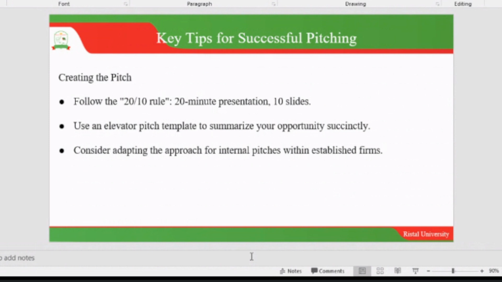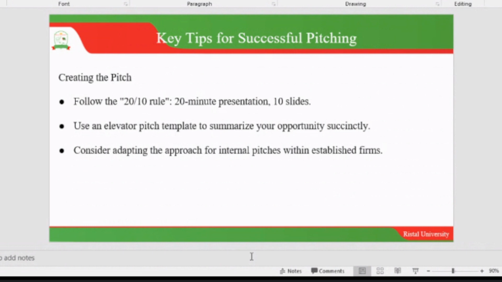Then when you are creating a pitch, you should follow the 20 by 10 rule, where you use 20 minutes to present 10 slides. That means that you will be spending approximately 2 minutes on each slide. Okay, then use the elevator pitch template to summarize your opportunity succinctly. And in an elevator pitch, we are saying that you should reach a level of being able to present your idea in less than